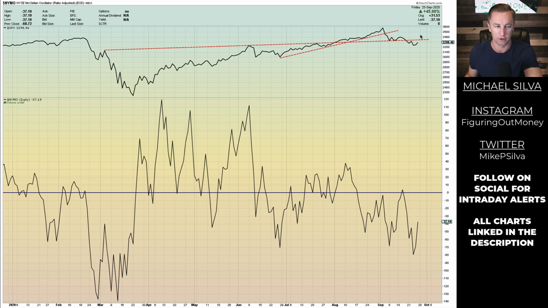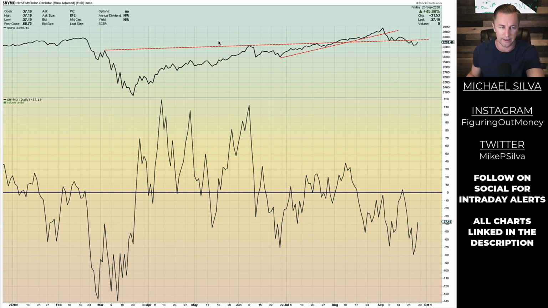Clearly, they have played a role, but it does wash out over time. So in the short term, if we do see some flubs or some weird stuff take place, polls go a certain way, whatever the case may be, or stimulus is passed, then very well we might see short-term spikes either to the upside or the downside in the market. It just depends on what that news is, right?